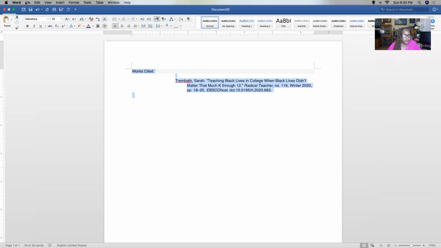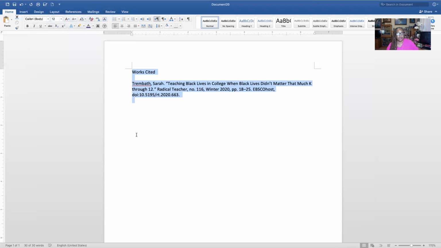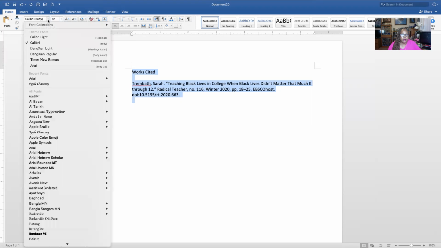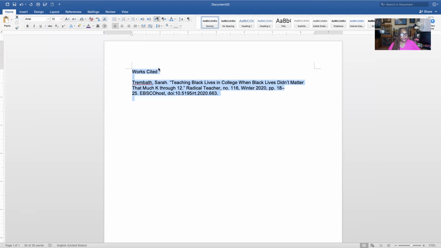I think if we go up into File, Edit, we can go Clear, and we'll go Clear Formatting, and that'll take away all of that shading and what have you. So then we want to come back and format it the way it should be. It's not in the right font, so we want to go to Arial. We want the plain Arial font, not narrow, black, or whatever. Okay, so now the works cited should be centered. So let's center this text right here. We can do that by applying the center.